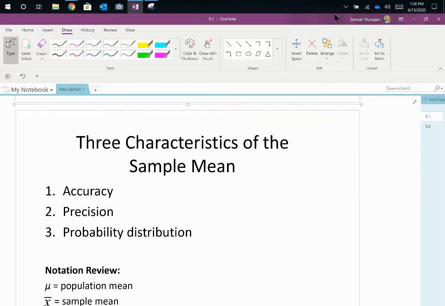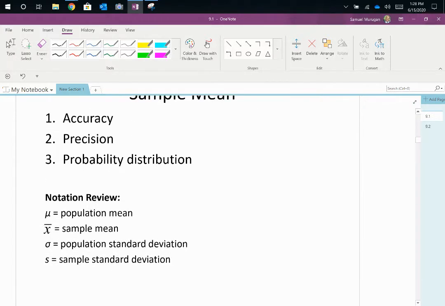Three characteristics of the sample mean: accuracy, precision, and probability distribution. These three have been discussed previously, and we're just going over them in more detail at this point. Okay, the notation again: